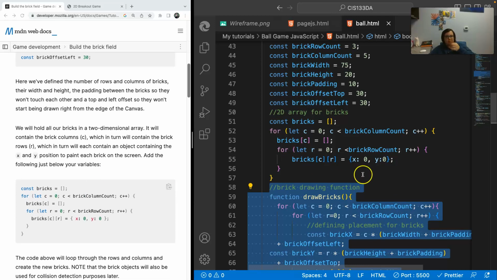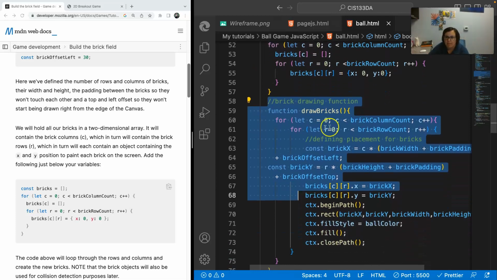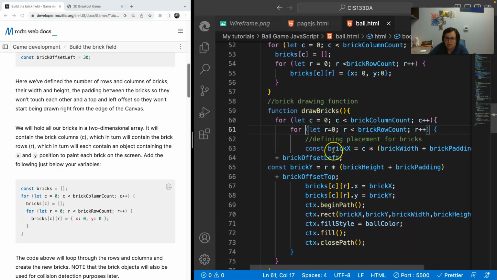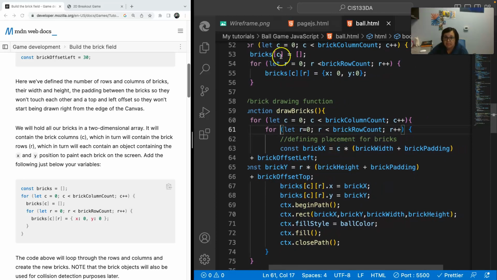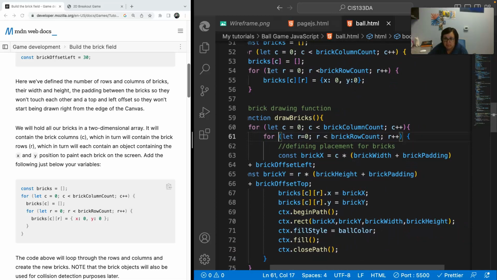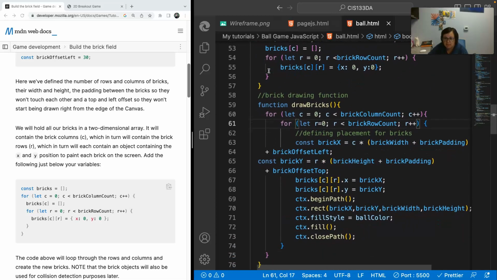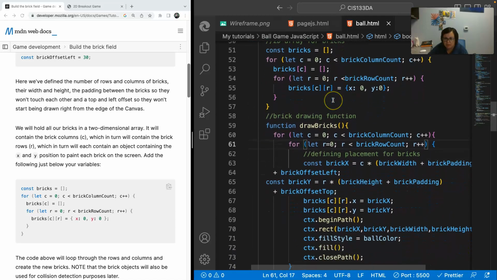Okay, I'm just looking at this. This constant bricks up here is making the array. And then once we have an array, bricks, with C and R, columns and rows, we go down here to the draw bricks, and it takes the C, this same C, puts it in there, then this one,